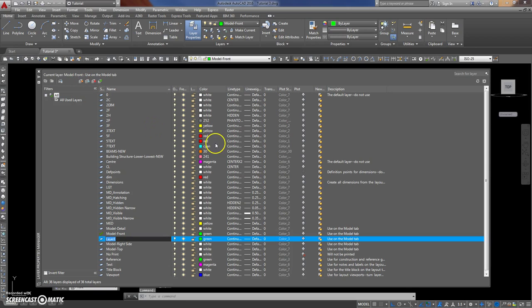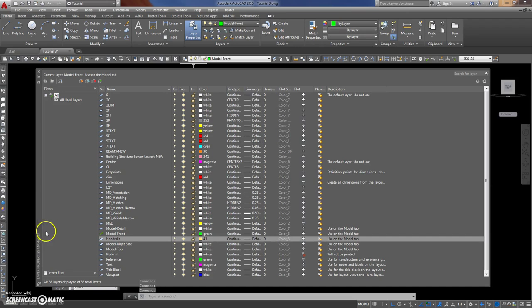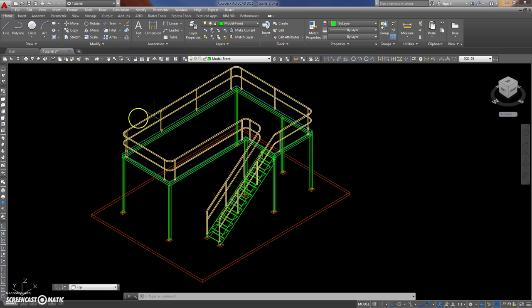But I'm going to go ahead and create a few new layers, for instance, handrails. And I'll make the colour, that colour, ooh, what is that? Bright yellow, and so on. And I'll just go and do that, and then I'll come back to you in a minute. Okay, we're back again now. I've given all these things like handrails, and that should be model front. That should be, if I isolate that layer,